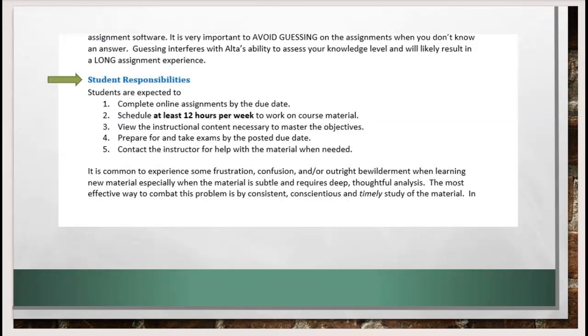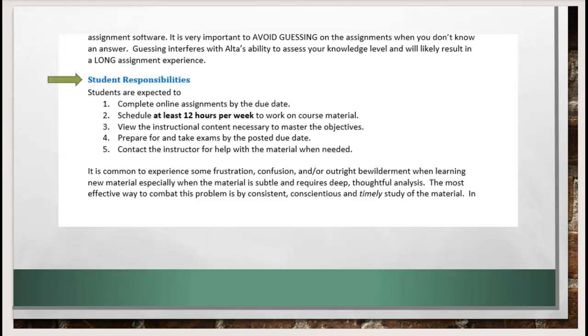Many students expect that an online or distance course will be easier and take less time than a traditional face-to-face course. This is an incorrect assumption. In fact, it takes more time, discipline, and effort to take an online course. You must work independently on your own to stay on track. In general, for a 4-credit course without live meeting times, you should expect to spend a minimum of 12 hours per week working on the course material. This includes time spent reading the assigned textbook sections, watching the posted videos, taking and reviewing notes, and working on